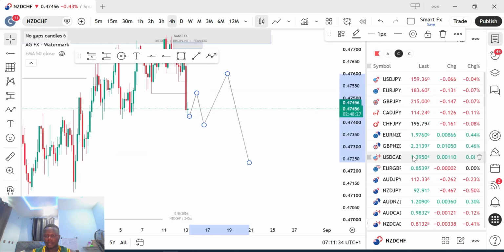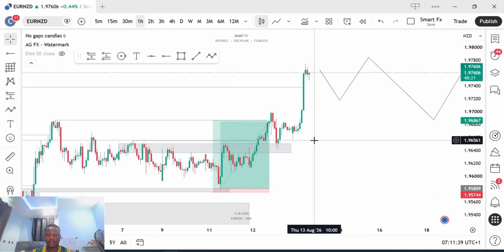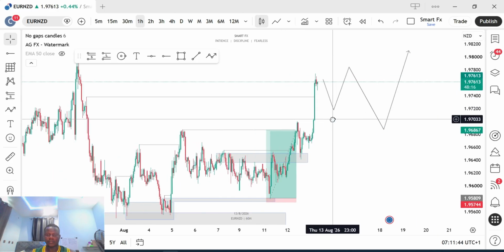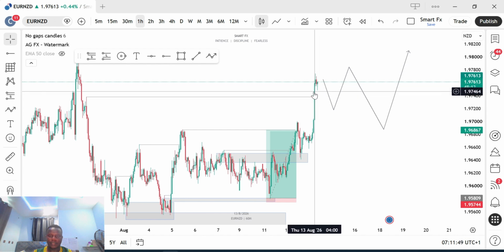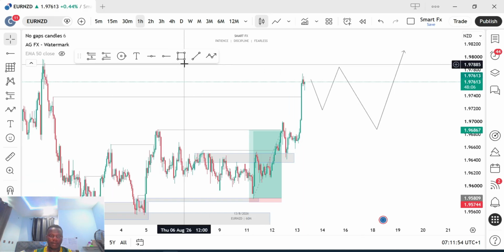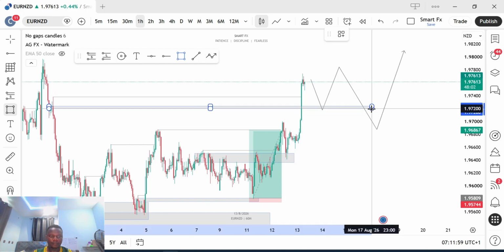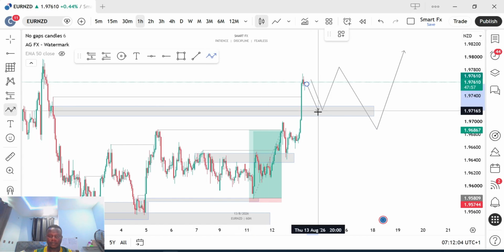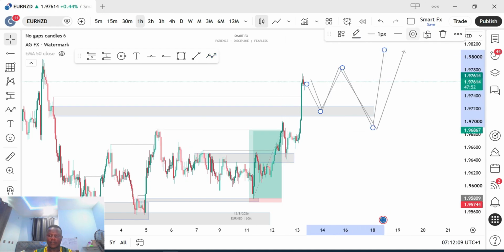Another one I'm looking at is Euro NZD. Euro NZD has given us multiple breaks of structure, so I want to see confirmation entry for a buy. So if this candle, after pulling back, breaks above this high, then I might consider entering from the breaker here. But if the pullback gets up to this breaker, just like I drew here, then I'll consider entering from this very breaker for a buy.